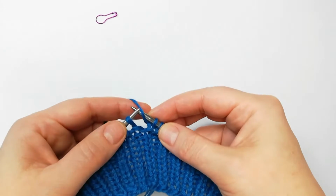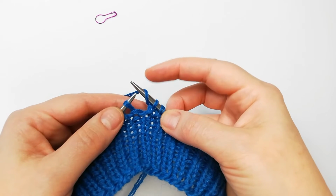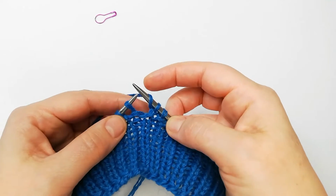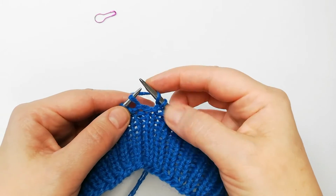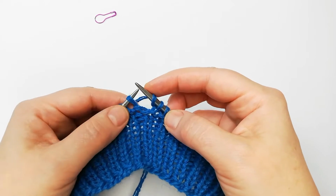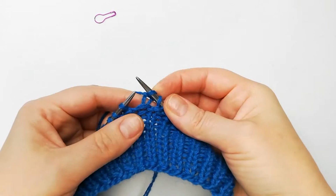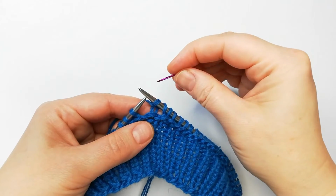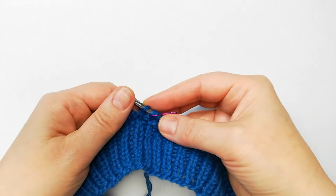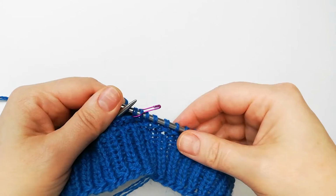Now I'll do another increase. When I say increase, it will mean yarn over to raglan line and another yarn over, then increase in raglan lines. I will start here with yarn over from purl stitch, which will be first stitch of my raglan line. I put marker between, I make another purl stitch, and here we start following our chart,